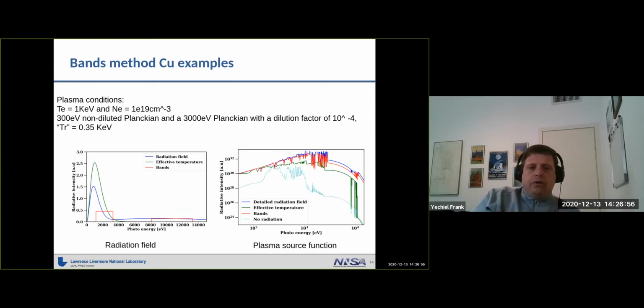And in this case, I took something which is representative of, again, a hohlraum-like radiation field, which is a kind of thermal radiation with a more hard X-ray component to it, which is what we find a lot of the time in hohlraum calculations. What you can see on the left-hand side is the radiation field in three different ways. One is the blue curve, the actual radiation field that was assumed here. Again, it's invented, but just to make the point. The green line is what would happen if I just take the same thing and assume an effective temperature.